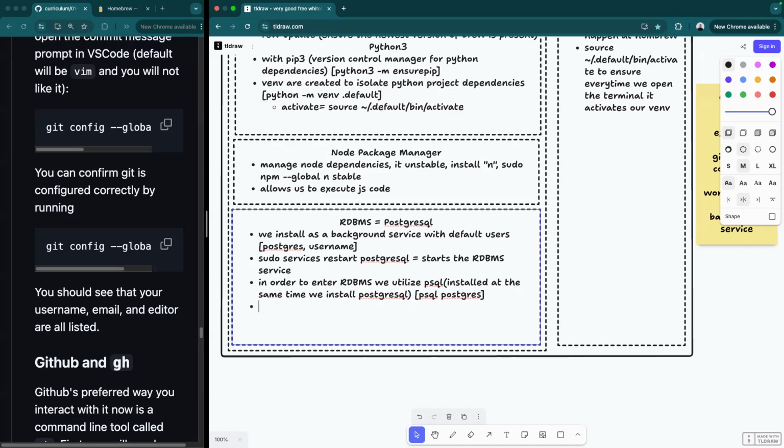Now, both the Postgres user and my username exist inside of PostgreSQL, but there's not a database for my current user. So I needed to create a database for the current user, which was createdb with the username in quotes. And that's what allowed me to enter PostgreSQL with the command